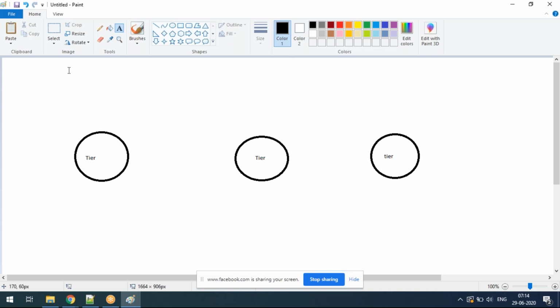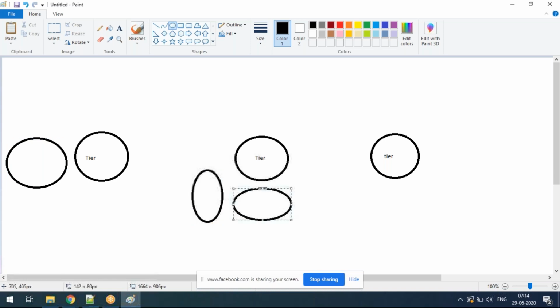And then, say for example, this web server has two servers, this app server has three servers, and this DB server has two servers. Which means in this case there are two nodes of web server, three nodes of app server, two nodes of DB server.